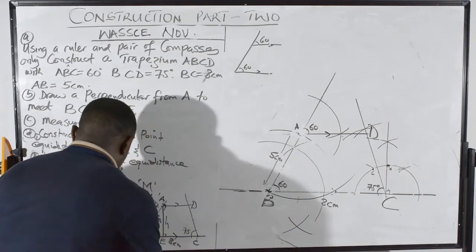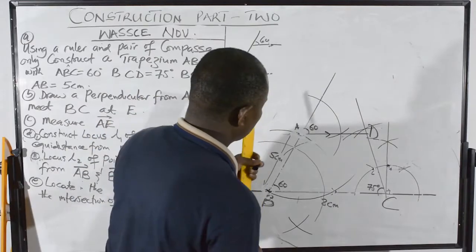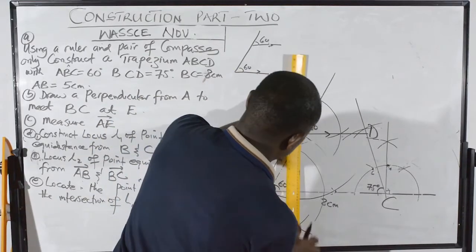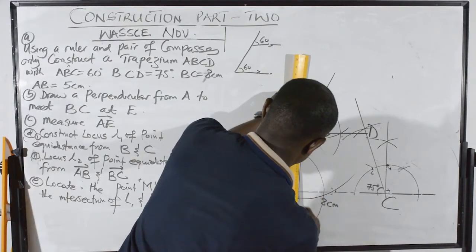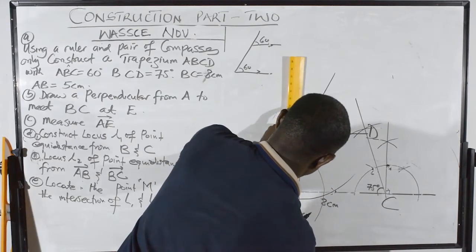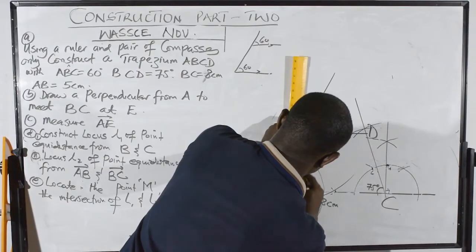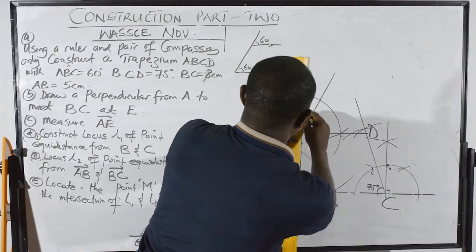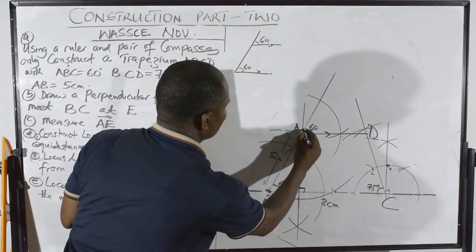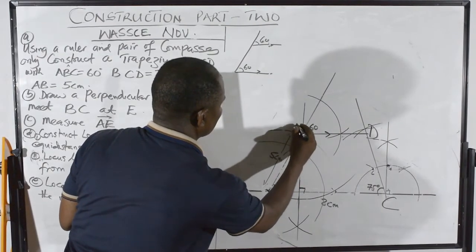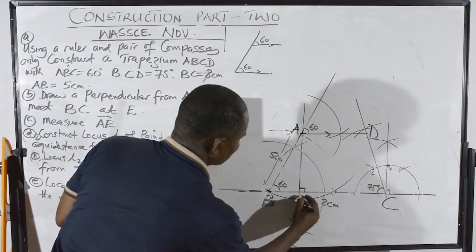So now we have got the perpendicular so far. So the perpendicular moves from that point straight there. So this is the junction. So it goes right through there, through that point. So we have the perpendicular through that point. That is a perpendicular. So this is the point A. This is A, you see, and this point becomes E.